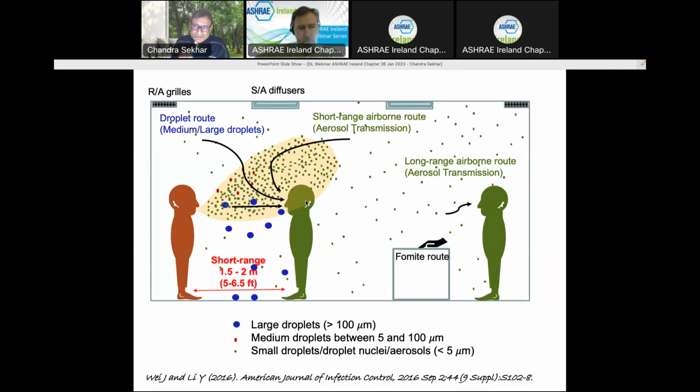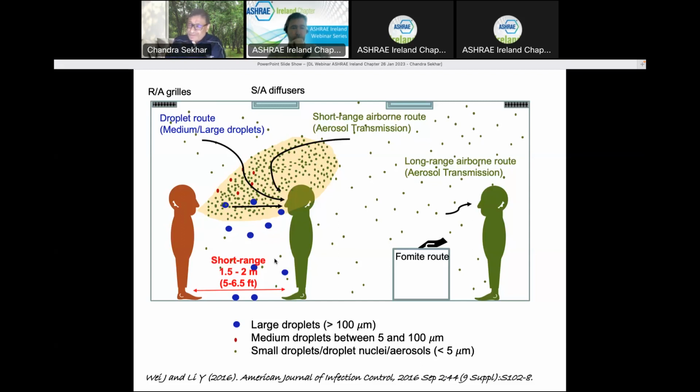So the sum and substance of this slide here is it's never a particular size of the infectious particle that's going to come out of an infected person's exhalation or singing loudly, talking loudly, coughing, or whatever. So when it is released, it's always a continuum from very fine particles, less than 5 microns, all the way up to 100 microns in size. The larger ones fall down due to gravity, easy to understand. So we maintain that minimum distance. We are not going to be affected by the contact mechanism in that sense.